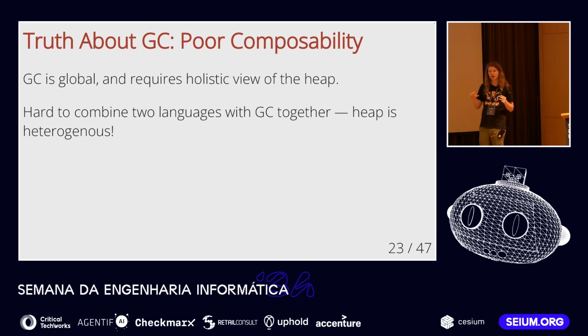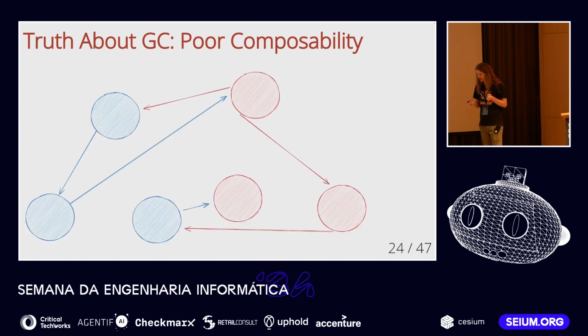So let's say you're writing a big program, and you actually want to write one part of the program in one language and another part of the program in a different language. What happens if both those languages are garbage collected? Well, you get a picture like this, where you have red lang and blue lang, and they are both garbage collected. And to make garbage collection work in this scenario, a garbage collector needs to actually walk through this heterogeneous heap. The garbage collector for the blue language needs to be able to parse red objects to realize that, hey, this one is actually reachable from this one.